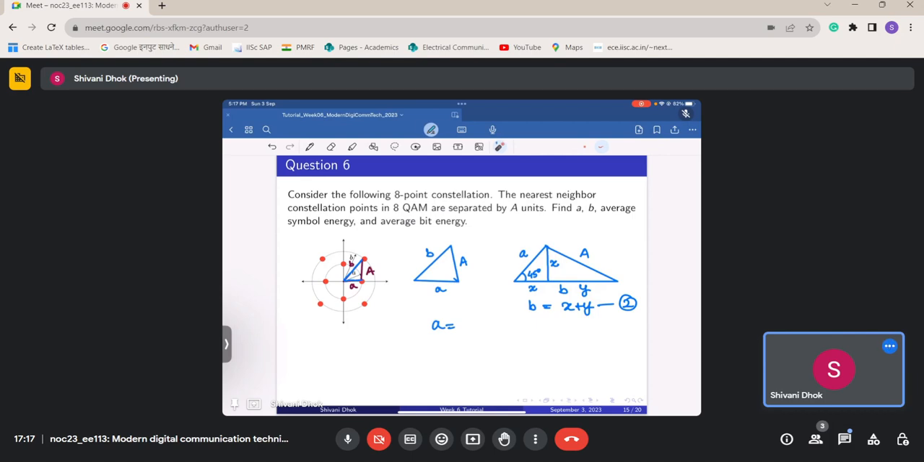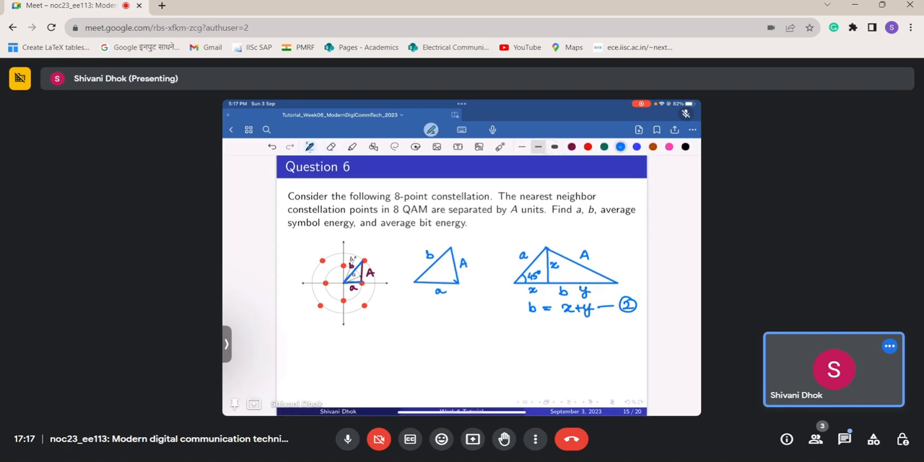So where were we? This a is equal to x cos 45 degrees, or x sin 45 degrees. Sin 45 and cos 45 both are 1 by root 2. Sorry, this x is equal to a cos 45 degrees. So this comes out to be a by root 2. So this x is equal to a by root 2, and therefore this y will be equal to